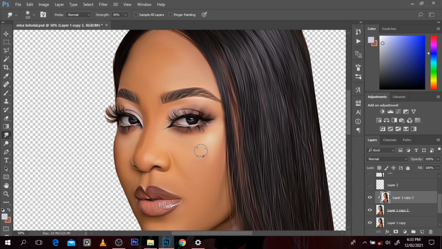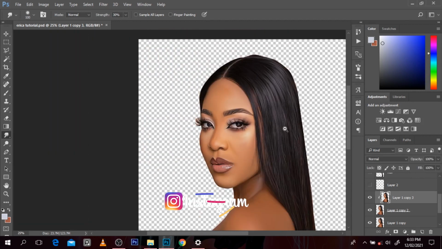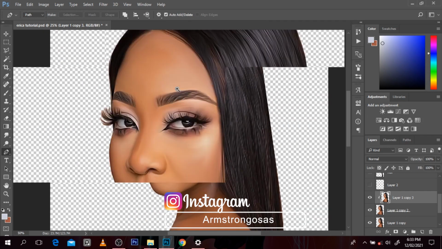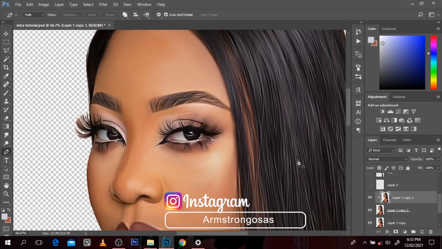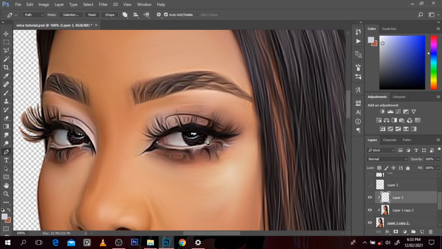Okay, so this is where we are now. This is before and this is now. I just basically rough smudged it if there's anything like that. Now let's head over to colors. I think we have wasted way too much time. Not wasted, I feel like we have spent too much time preparing it for the moment of visitation, if that means anything. Okay, so I'm just going to add colors to the eyes here,